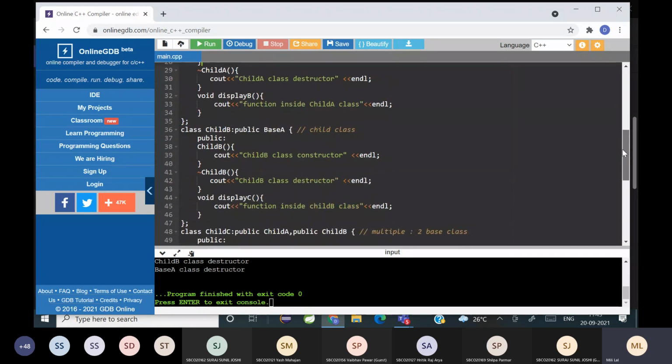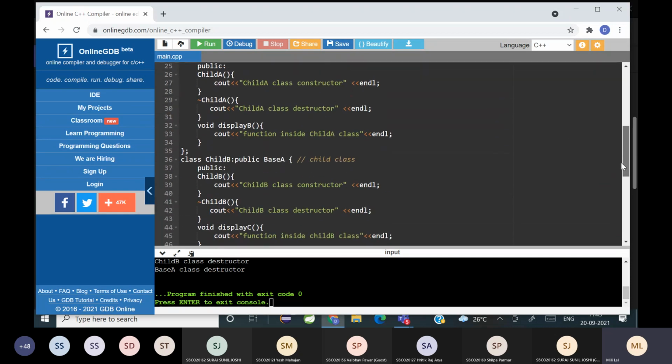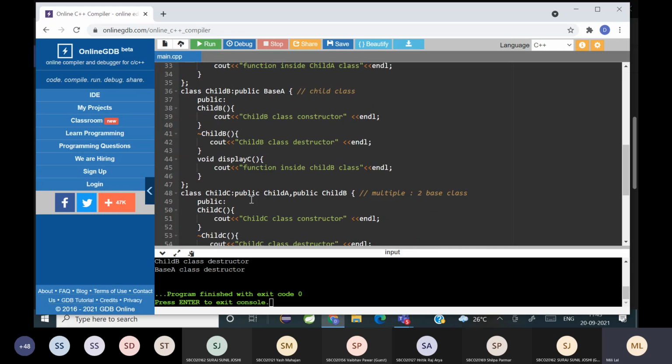So you can see base A was a parent of child A and child B, and now child A and child B are parents of child C. So it's a combination of hierarchical and multiple inheritance. Such kind of inheritance is called hybrid inheritance.